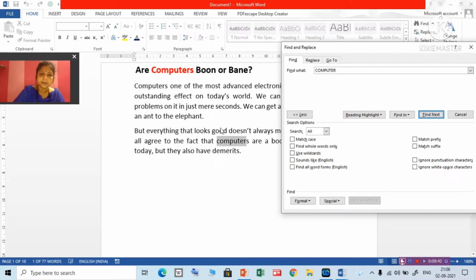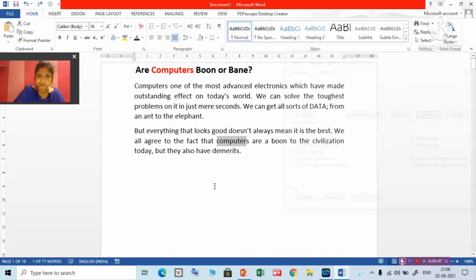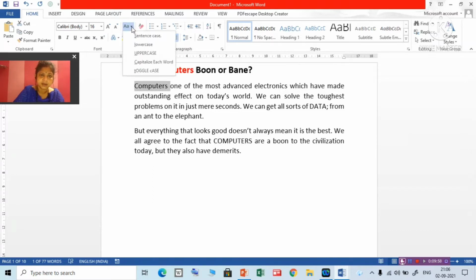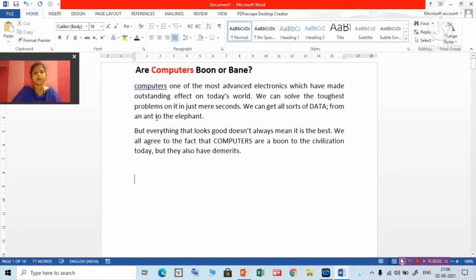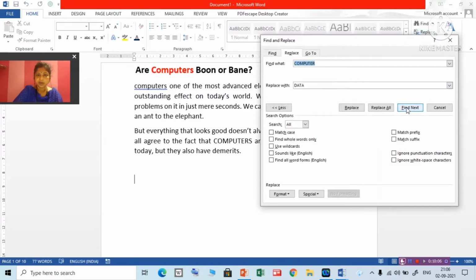But suppose it is present in three different formats. If I go to Replace and search the word with Find Next, it will show me wherever it is present.